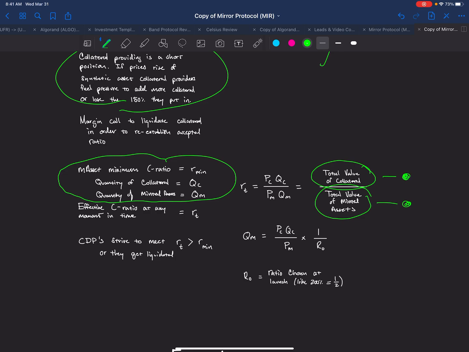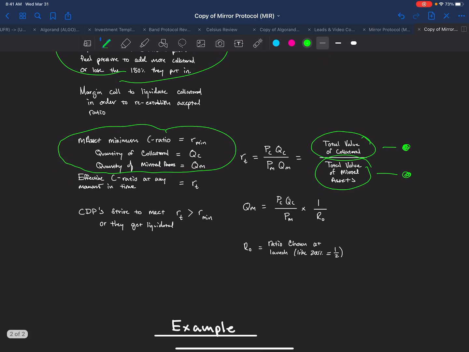It should be like acceptable thresholds. Effective C ratio at any moment in time. So yeah, it's the collateral ratio at any moment in time. Collateralized debt positions strive to meet a certain threshold, so the ratio has to be greater than the minimum. So like if it's